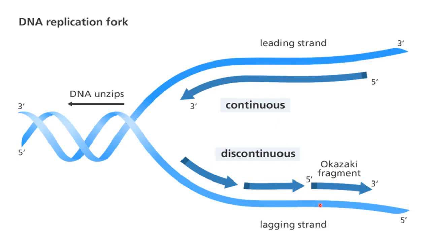But here with the other strand, the polarity of this strand is 5' to 3', but DNA polymerase can act only in the 5' to 3' direction. That's why a primer is added here, to form a new strand in the 5' to 3' direction, so that DNA polymerase can form this new strand in the 5' to 3' direction. As you can see here, this fragment has polarity 5' to 3', because DNA polymerase can act only in this direction. DNA polymerase cannot form a strand in the opposite direction, in this direction, 3' to 5'.